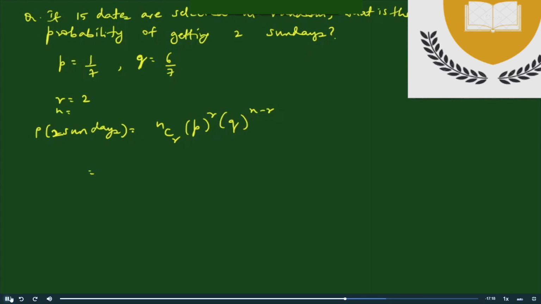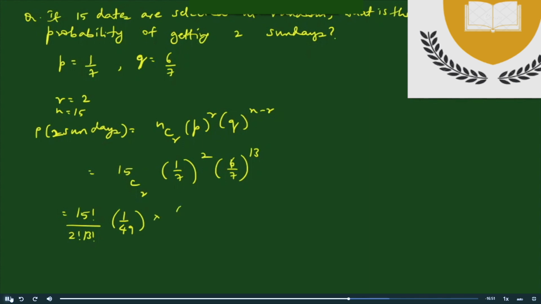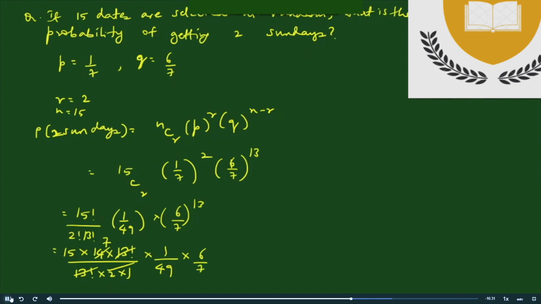N is 15. 15 C2 into 1 by 7 to the power 2 into 6 by 7 to the power N minus R, which is 13, which is 15 factorial by 2 factorial into 13 factorial into 1 by 49 into 6 by 7 to the power 13. 15 into 14 into 13 factorial by 13 factorial into 2 into 1 into 1 by 49 into 6 by 7 to the power 13, which is 7 and 7,